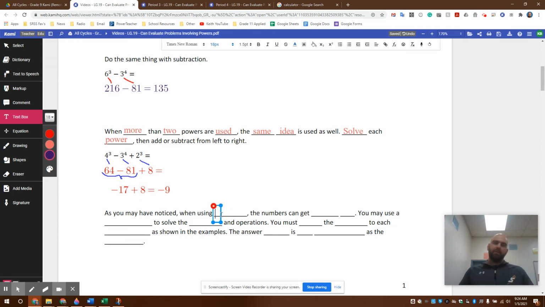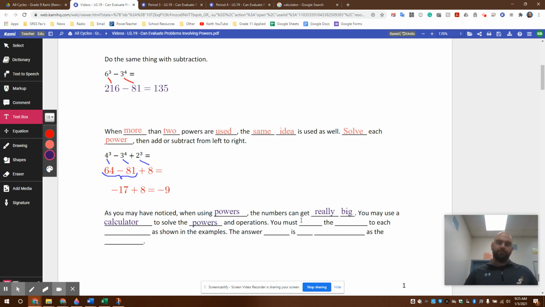Now, to put it into maybe more formal terms, I want to let you know that when we're using powers, what you might have noticed is the numbers can get really big, and they can be a challenge to solve for, especially if we're doing things using mental math or just on paper or pencil. So for this lesson, when we have stuff bigger than squared, or at least bigger than our perfect squares that we looked at earlier, you may use a calculator to solve the powers